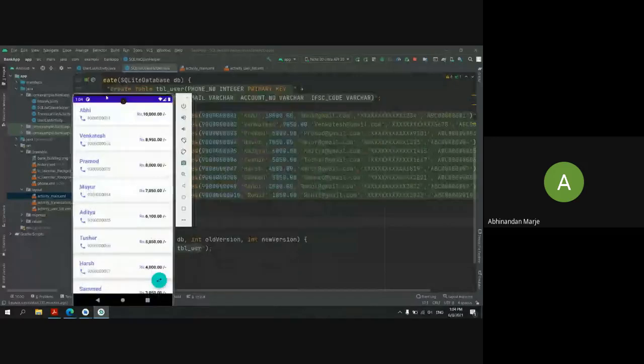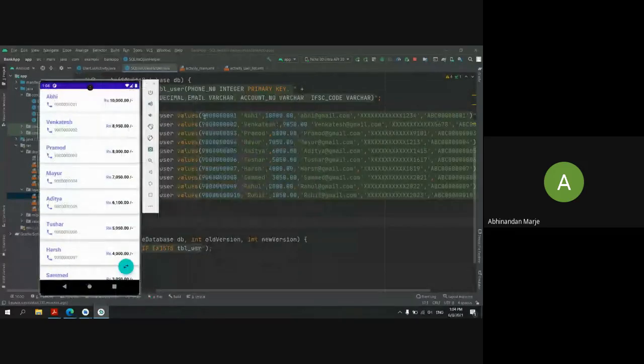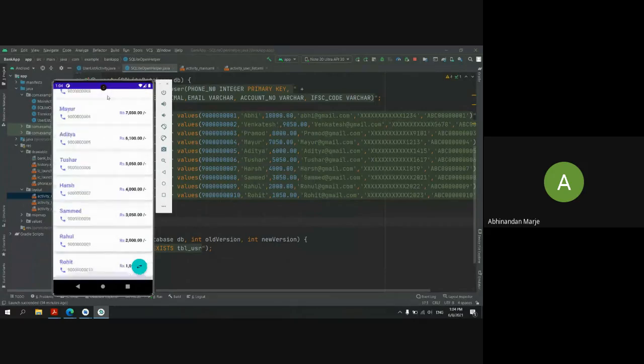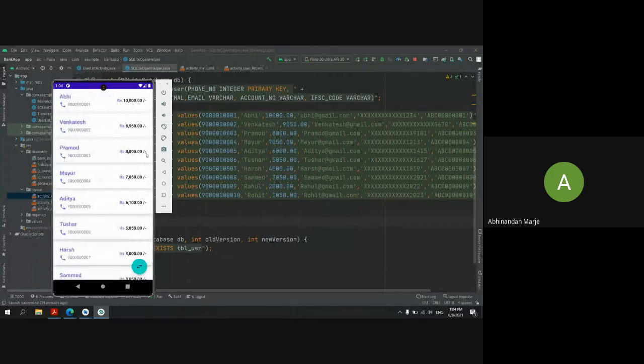What we need is the phone number, the username, and their balance amount to show in our first screen. We don't need any other details like Gmail and IFSC code. We will extract that in our user profile activity. In this user list activity, I want all the users, their phone numbers and their balance amount.